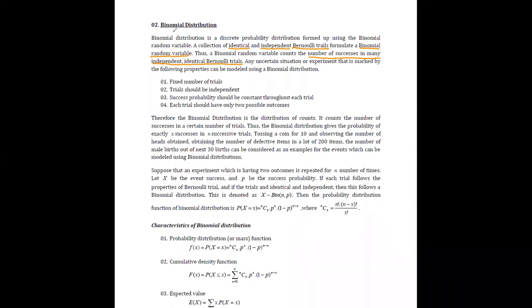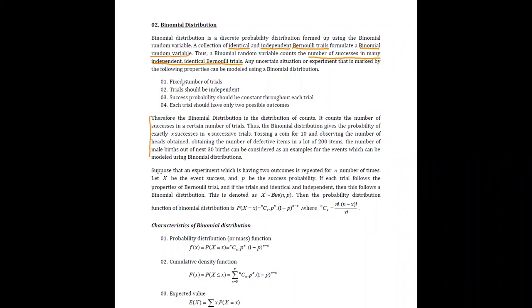It is because when we are performing a binomial experiment, first we need to fix the number of trials. These things are just stated in this paragraph. But apart from that, suppose that you are going to conduct an experiment. First, you need to fix how many times you are repeating this experiment. Suppose that you are tossing a coin. First, you have to fix: okay, I am tossing this coin 10 times, or I am tossing this coin 50 times. Therefore, first you need to have a fixed number of trials.